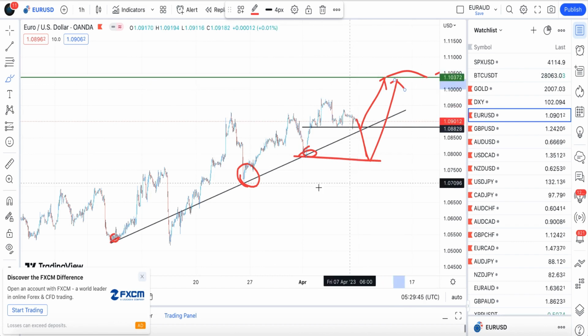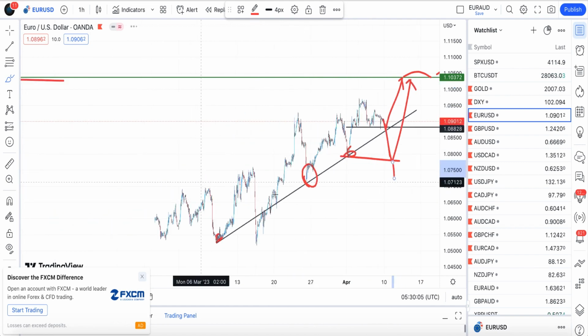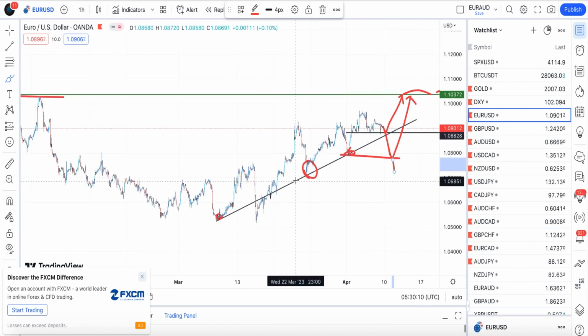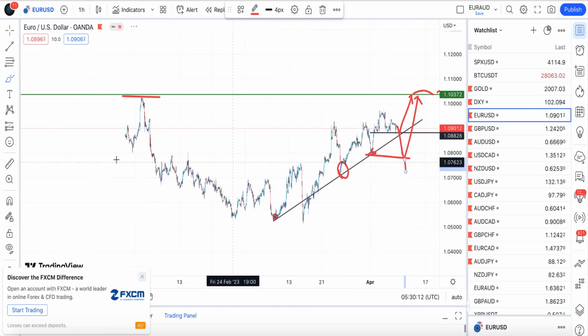So let's see how it goes right there. But from here is almost like 150 to 160 pips right there. So this is the safe zone. If you see a breakout at this level to the downside, you might put your buy limit at this area. But if it breaks this level, then you have to leave it for some time. Maybe we'll have a rejection there, or there will be a sell.